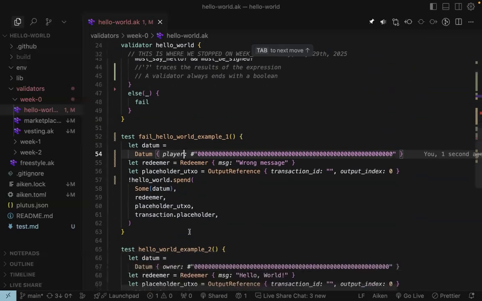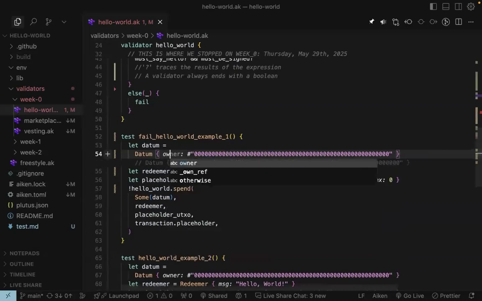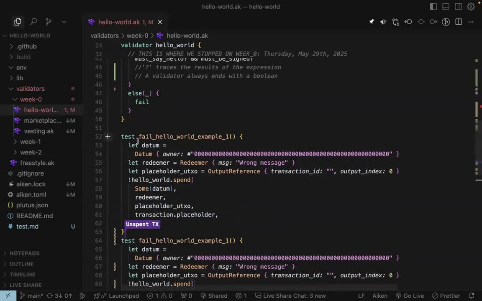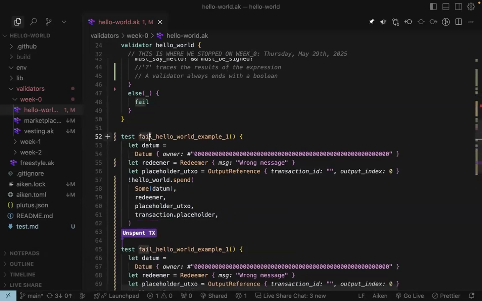Yes, I agree, but it's the wrong one because this actually is a failing test. Oh, you're right. And the reason this is a failing test is because the name of this test starts with fail right here, fail underscore, and then the name of the test. But if you say success or anything else, or if you don't even use the word success,